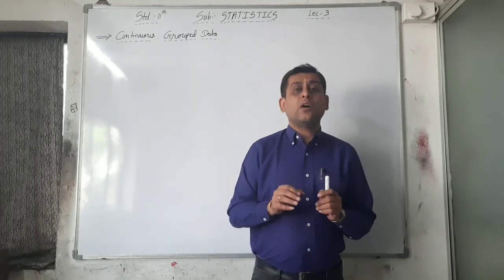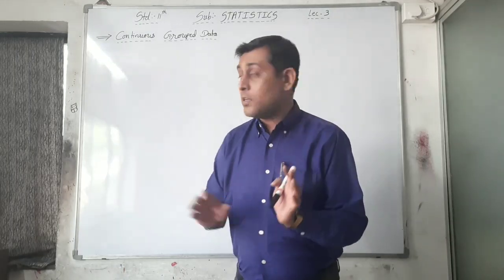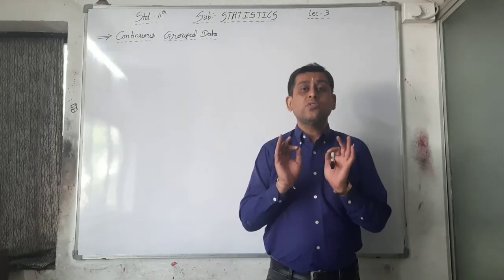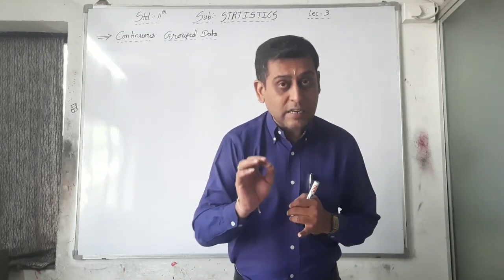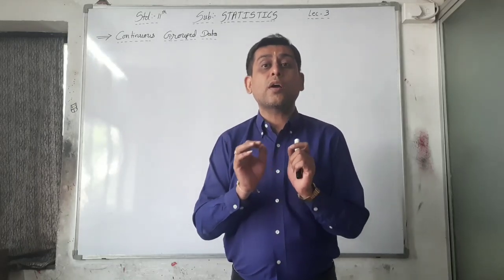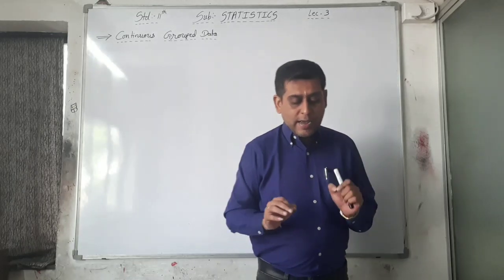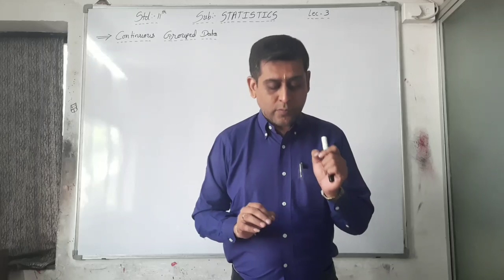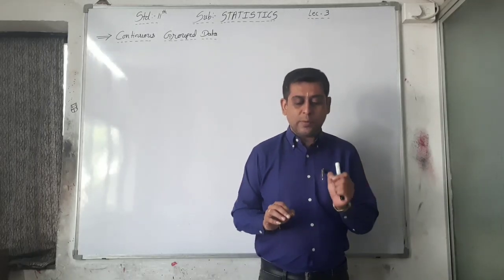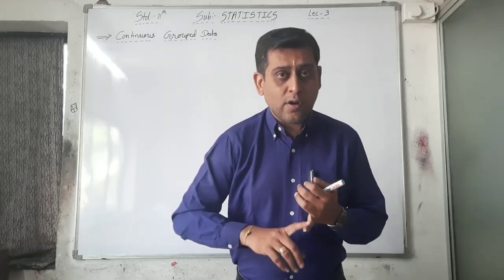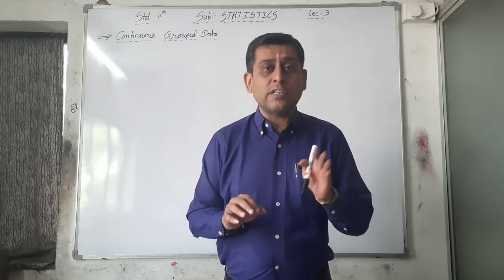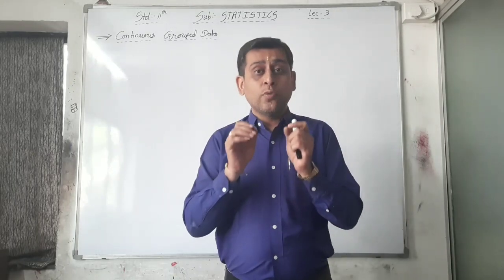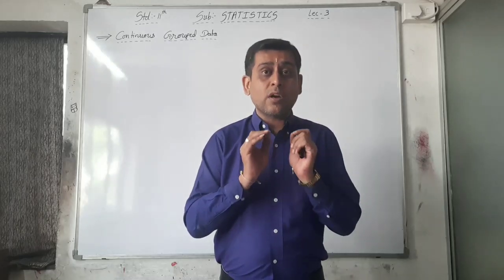See here, now the question style has changed. Here continuous grouped data is given, but the question style has changed. Weight of the mangoes in grams is given not as a class, but as below 420, then below 430, then below 440, then below 450, below 460, and below 470. See, whenever it is given that the data is below so and so, or less than so and so, more than so and so, then you have to first make the class.